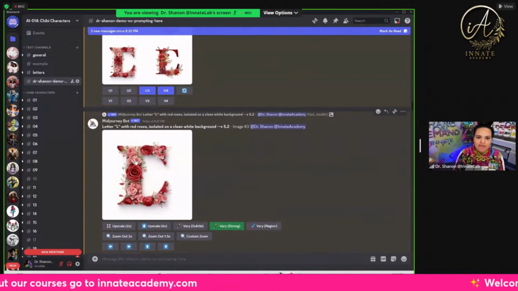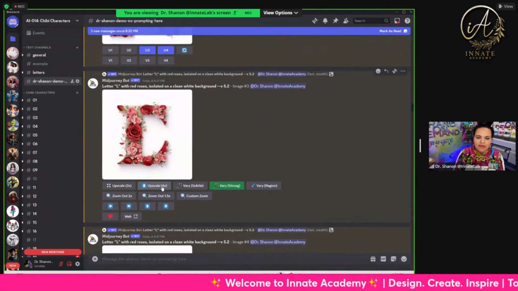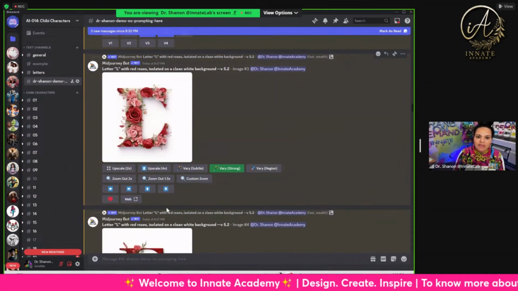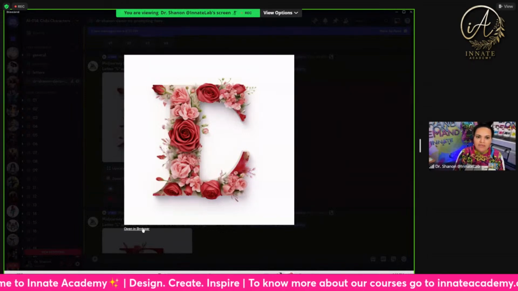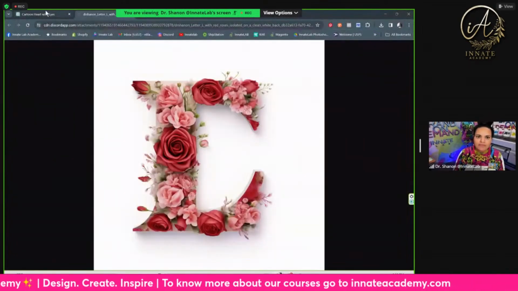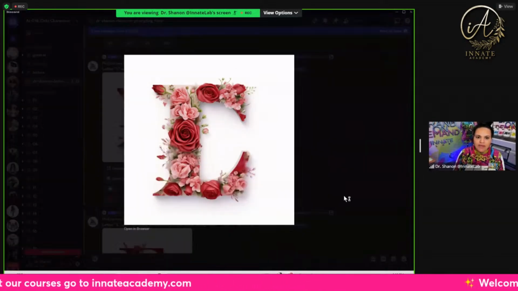This L was something I felt like I needed to fix, but I believe I can work with it. So I'm gonna go ahead and upscale. And I'm not gonna upscale it to the extent because the file will be really large. I'm just gonna open it in browser and then I'll go ahead and grab all of them at once. Okay, so that L,